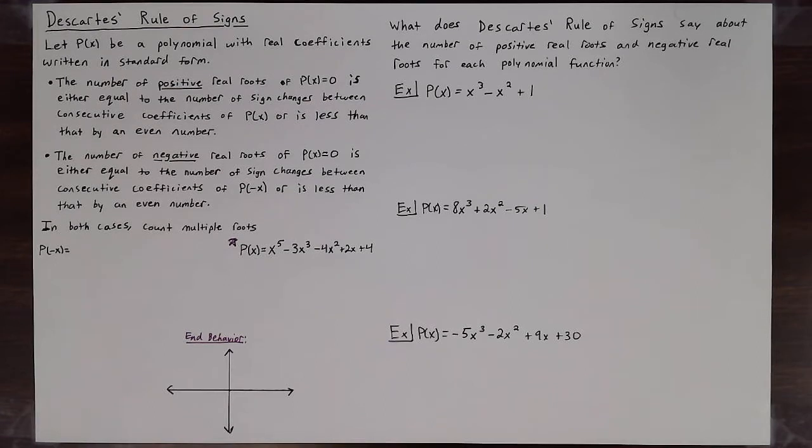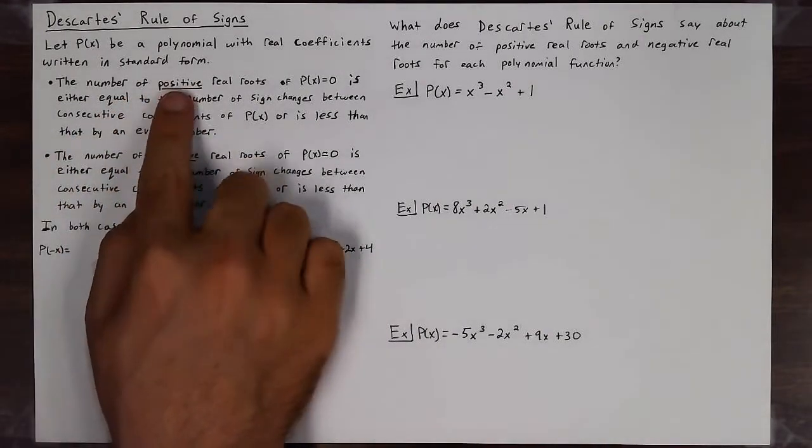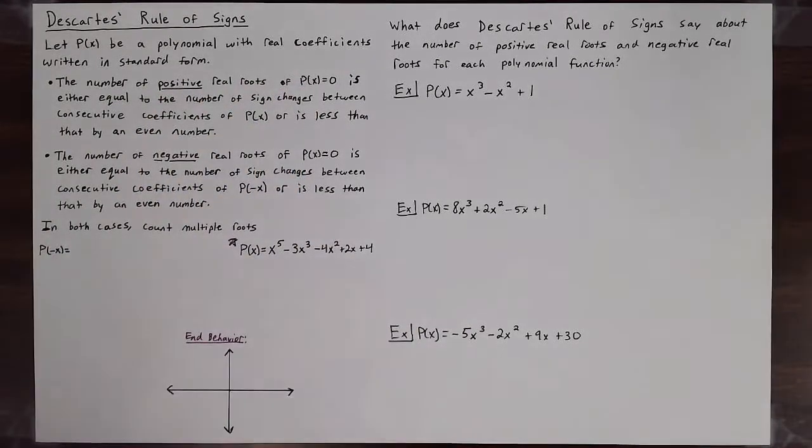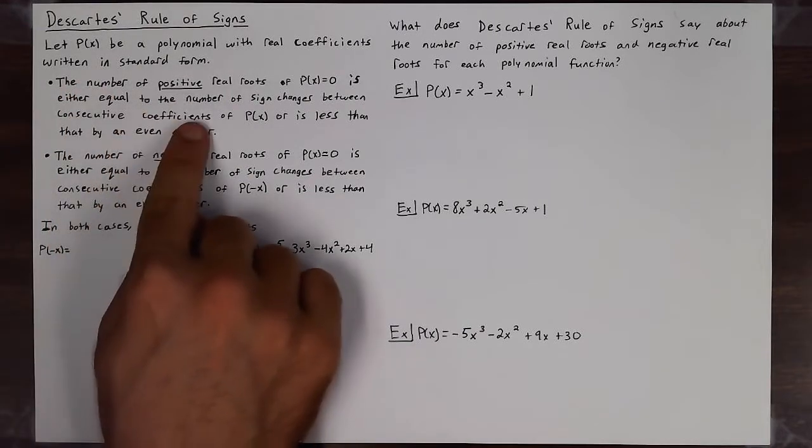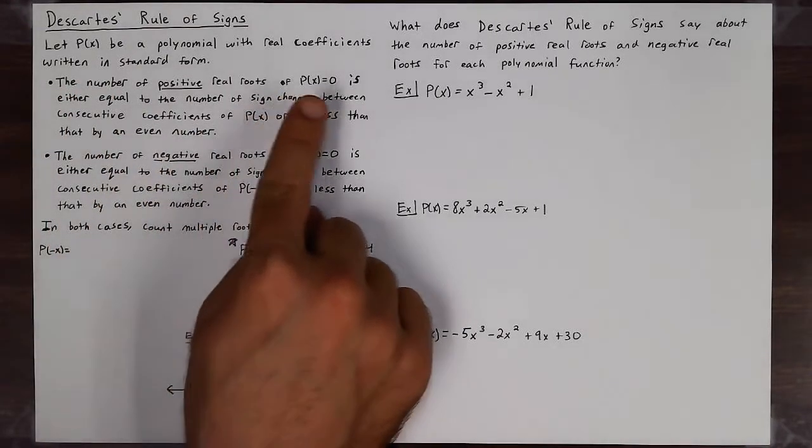In this video, we're going to learn about Descartes' rule of signs. It's a very clever little idea where it says let p of x be a polynomial with real coefficients written in standard form. Now, the number of positive real roots to that equation, p of x equals 0, is either equal to the number of sign changes between consecutive coefficients of the polynomial or is less than that by an